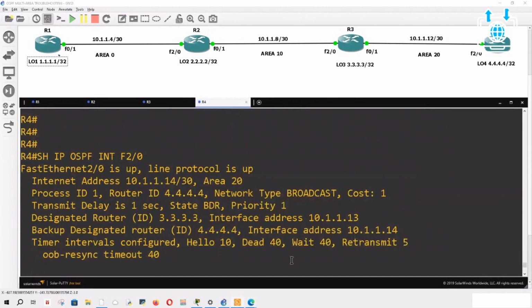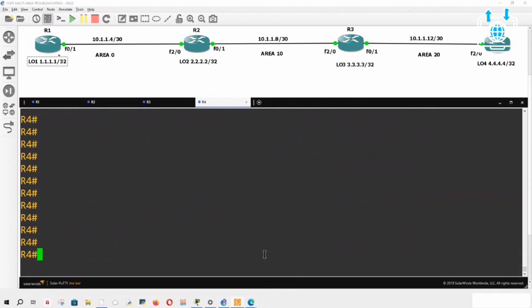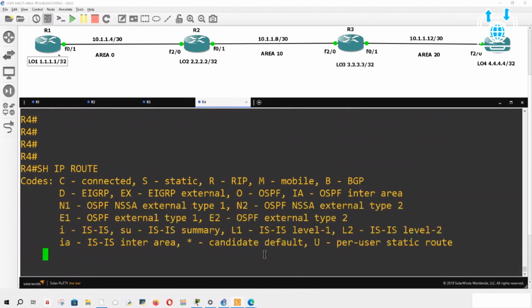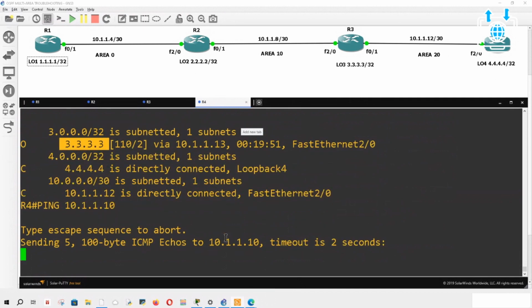And if you go to router 4, I've been playing around. Try show IP route. You're going to see that I'm only learning about 3.3.3.3. This individual is not even learning about 10.1.1.8 or anything like that. So can I even get to it? Let's see. This is kind of troubleshooting. Remember, usually you have like 10 minutes per question. I don't know if that still holds true. Ping 10.1.1.10. You can ping 10.1.1.10, which is this interface right there.